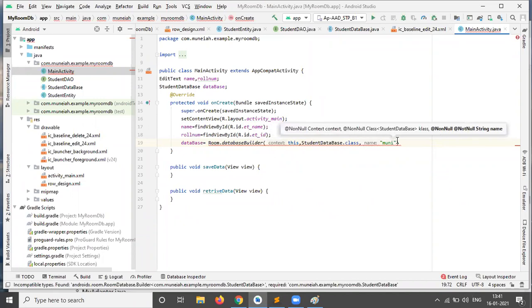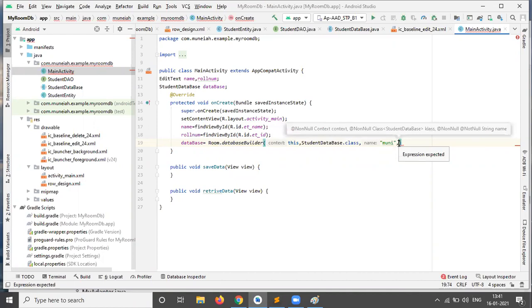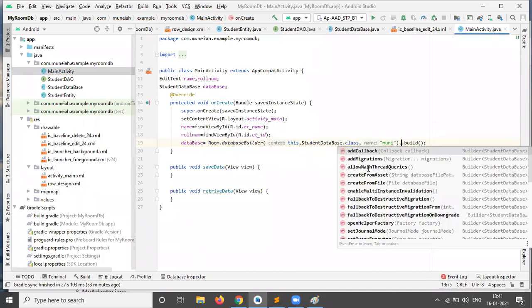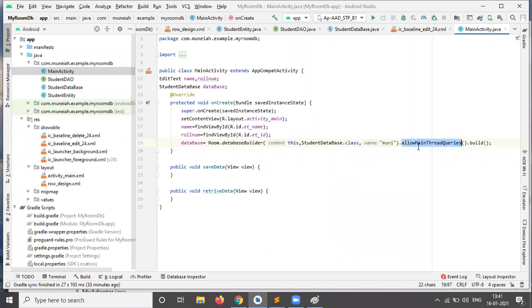Then call the build method. If you want, add allowMainThreadQueries, so it will not put a burden on the main thread. So this is the initialization of our database.